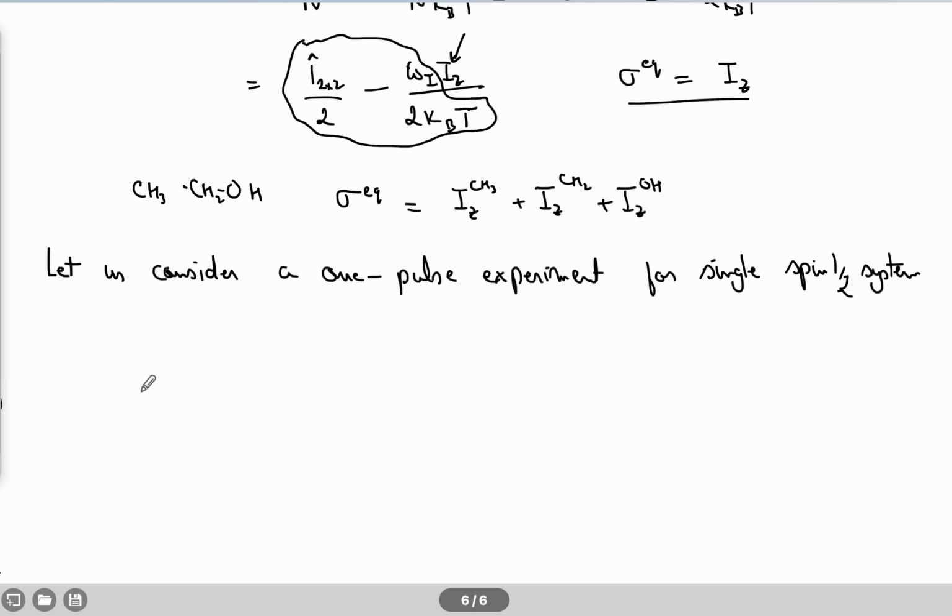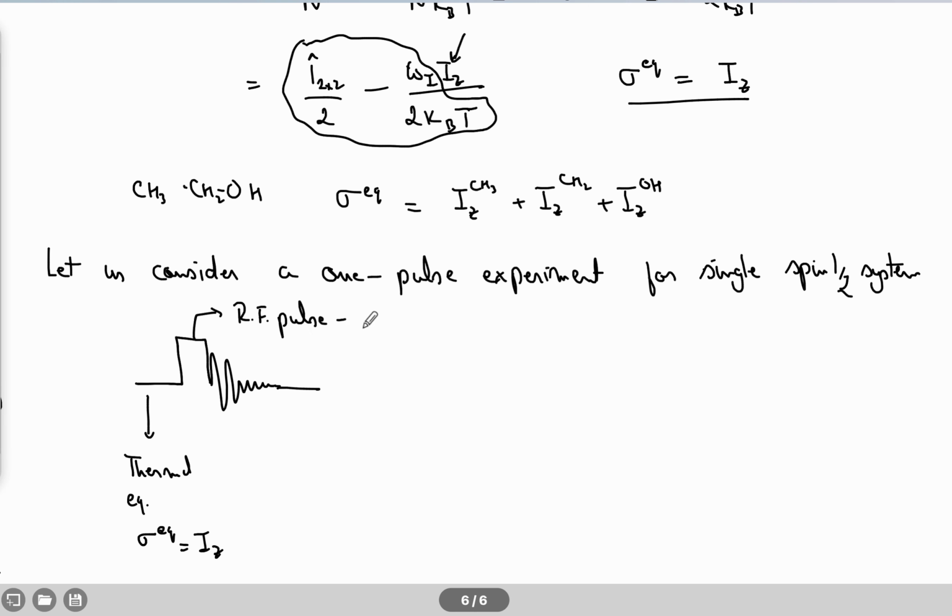A one pulse experiment can be typically shown as follows, where this is the thermal equilibrium part. Here thermal equilibrium has already been achieved, and the density operator is given by sigma EQ equal to Iz. This is the RF pulse, we all know that now,